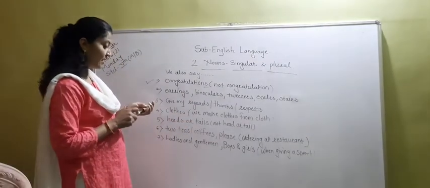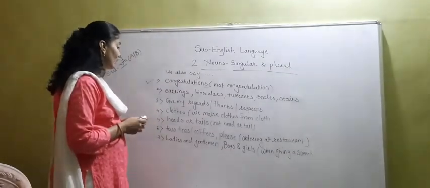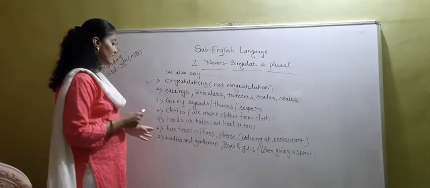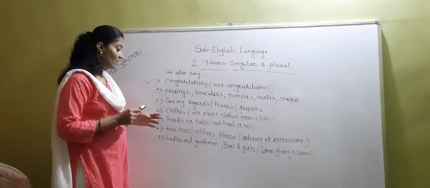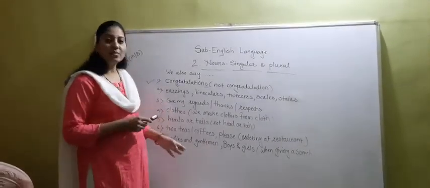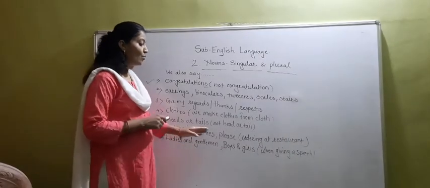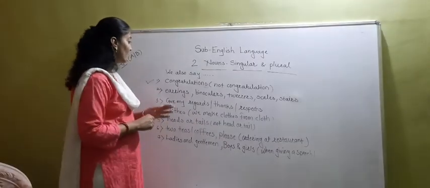Whenever you are sitting in a restaurant and you want to order tea or coffee, at that time you can use 2 teas or coffees please. And last one, whenever you are giving a speech in school or any special places, at that time you can use the words ladies and gentlemen, boys and girls. Okay? So like this we are using the words.